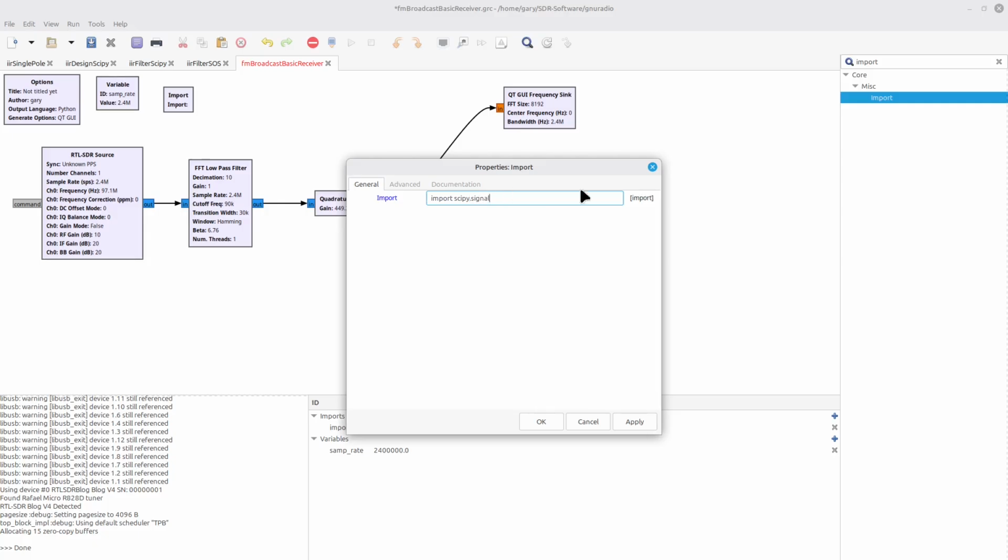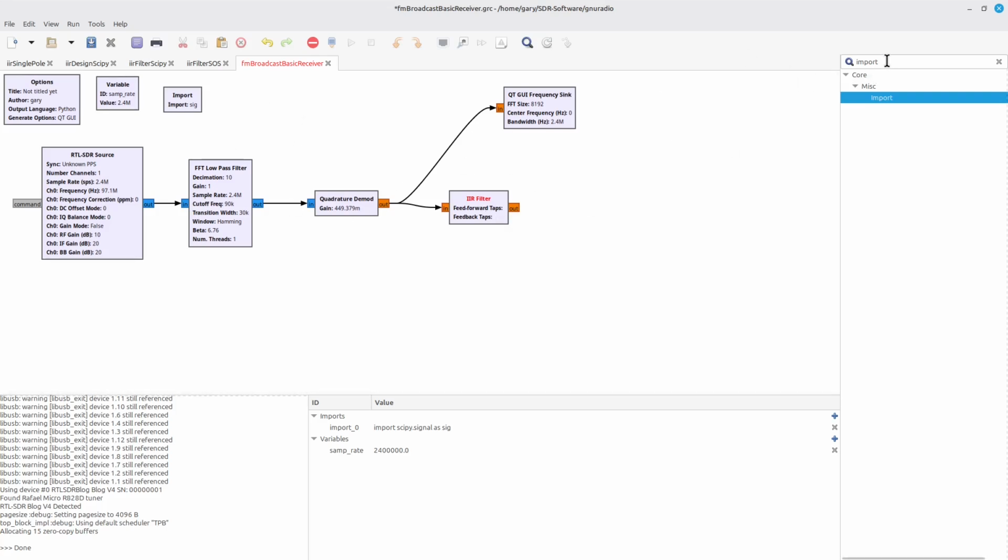I could leave it just as this, but that would mean I would need to actually enter scipy.signal every time I wanted to use one of these particular statements. I'm going to make it a little bit easier. I'm going to put in an alias. Therefore, I'm going to say import scipy.signal as sig. Now all I need to do is just put in sig dot whatever, and I'm good to go.